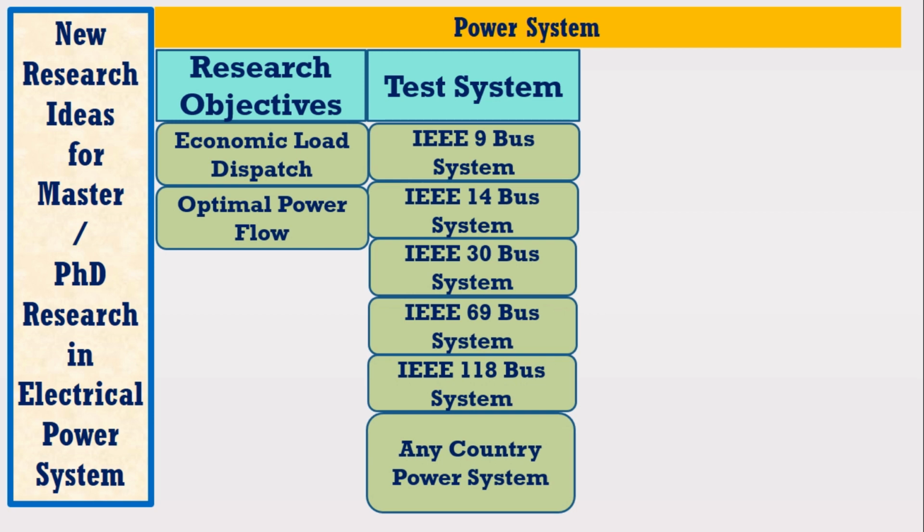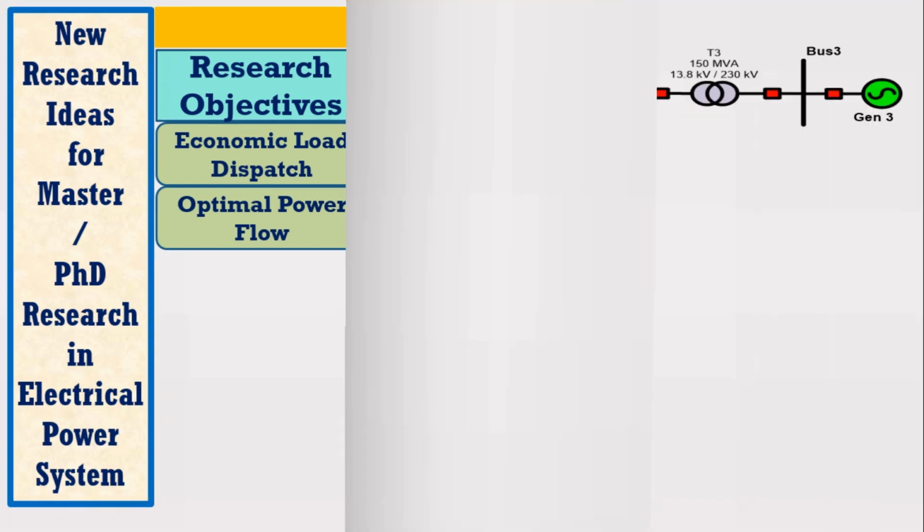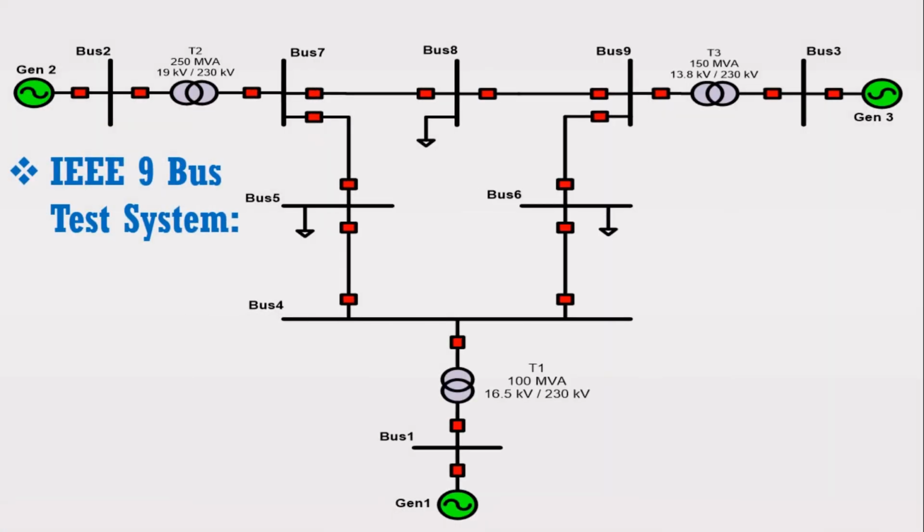Now look at the power system again. I am repeating the same question again: how and by which method is economic load dispatch and optimal power flow analysis of the power system carried out to find the best possible combination of all the power plants? The answer to this question is that we are finding the best possible combination using the optimization process.